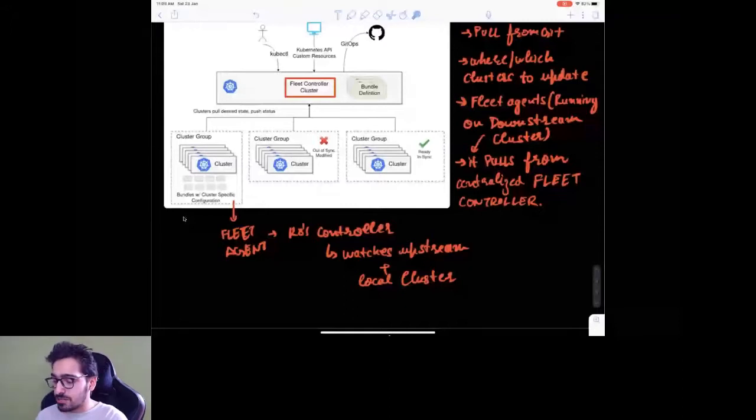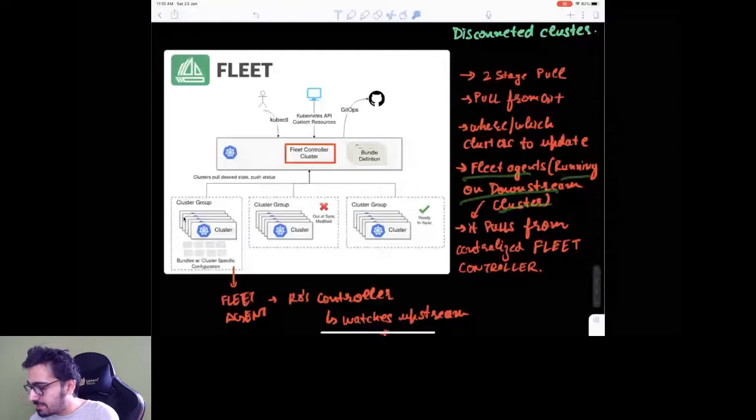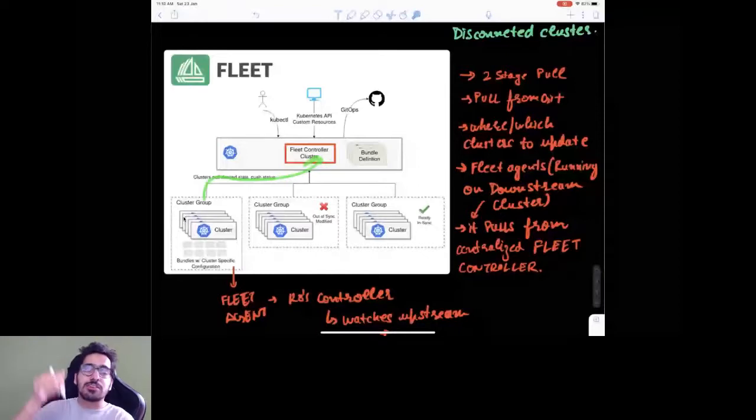Now the Fleet agent controller is special because it does two things. One, it sees the upstream Kubernetes cluster to see if anything has to be deployed. Second, it sees the local cluster where it is actually deployed to see the state of that particular cluster. So it does two things. And so Fleet agents run on the downstream cluster. It pulls from the centralized Fleet controller, and also it sees the state of the local cluster where it is actually deployed. And so I hope this gives you a brief overview of what Fleet does and how exactly